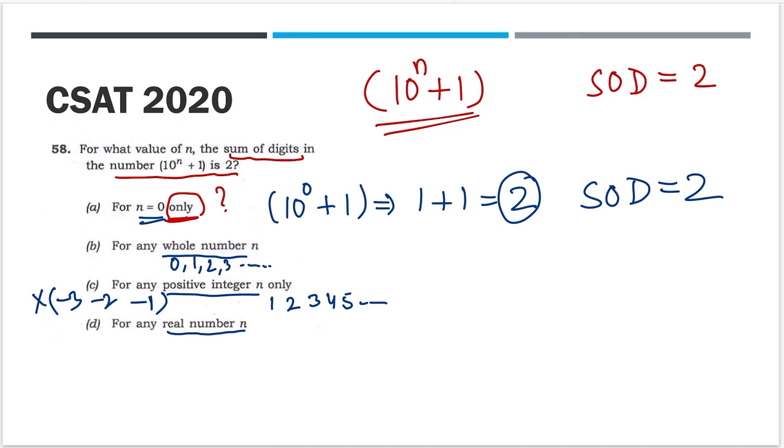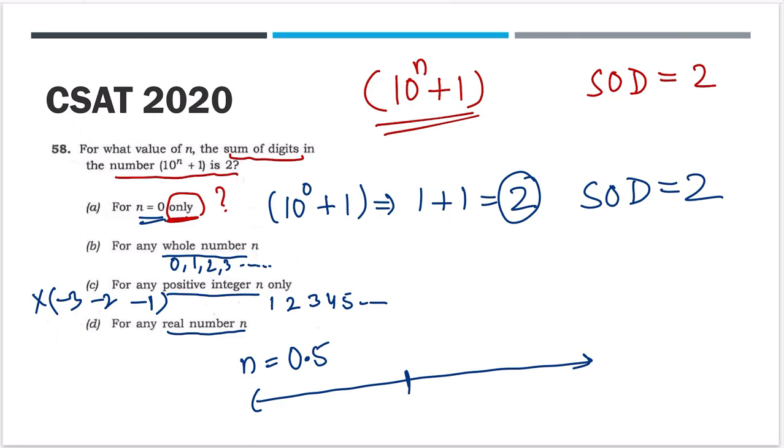And a real number is any number which lies on that line, right? I already told you, this is a number line. Any number lying on this line is a real number. Let's take a real number as 0.5. Since 0.5 is a real number, let's see. Now the option says, let's check for whole numbers. So whole numbers start from 0, then 1, then 2, then 3 and so on, right?